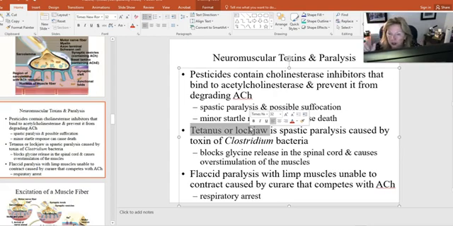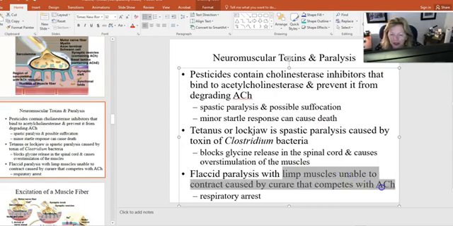But the toxins associated with this bacterium can also overstimulate the muscles, causing what is known as tetany. You all have seen that term, tetany, T-E-T-A-N-Y, means a sustained muscle contraction. The danger of tetany is that the person can actually suffocate. There's also flaccid paralysis, which means instead of having a constant contraction, you can't get a contraction. So it's floppy or flaccid. Flaccid paralysis is limp muscles, and this is because